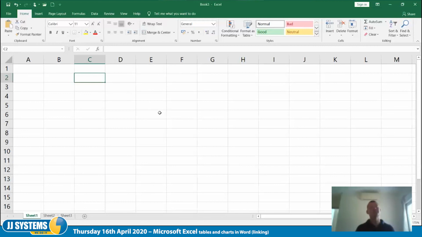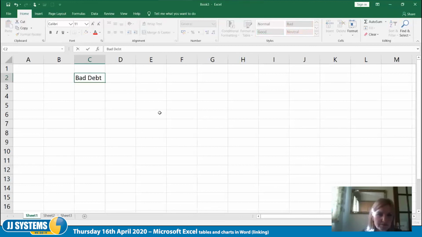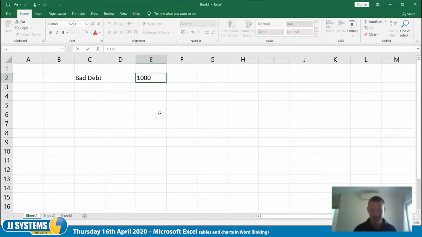I'm going to create a spreadsheet. I'm going to call it bad debt. Let's suppose it's a bad debt. Those are horrible things that tend to creep up on spreadsheets. And let's say this dreadful individual has run up a debt of £1,000,